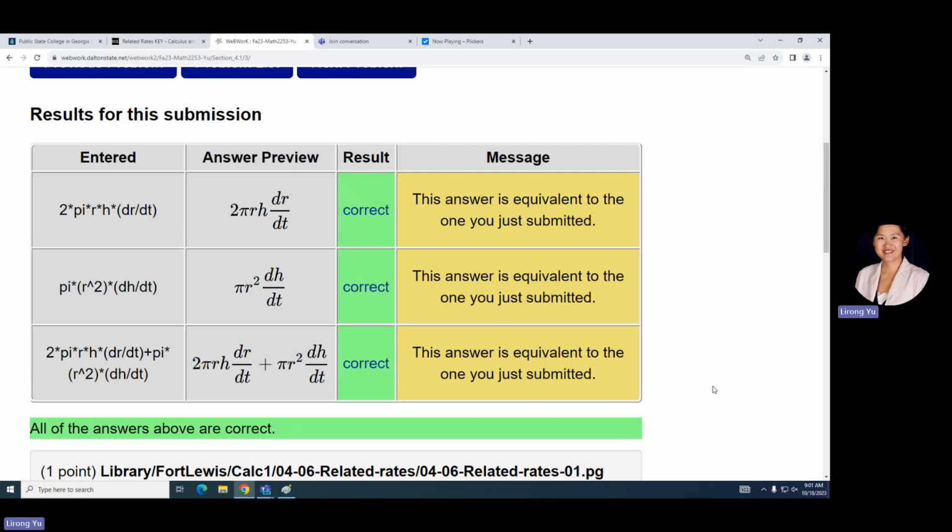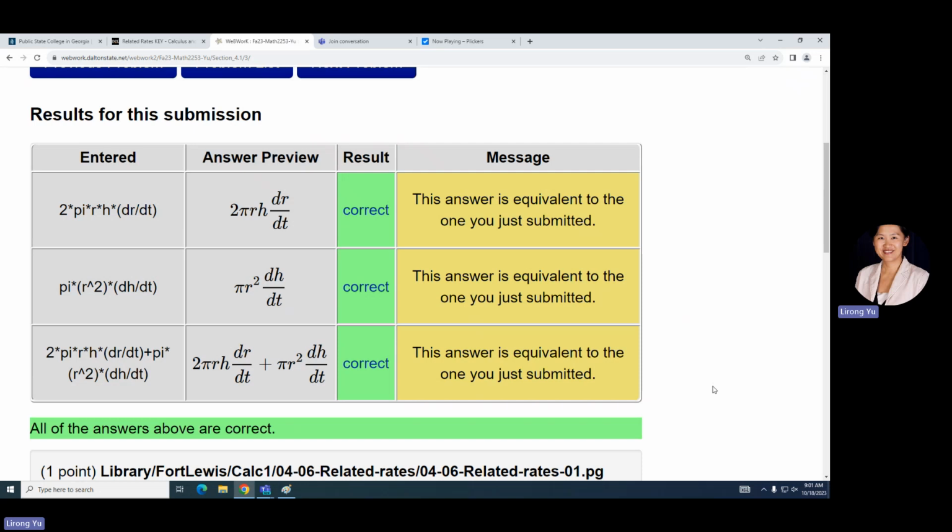If r is constant, then dr/dt equals 0, so this goes away. That's why this one is the only thing we need in part 2, because r is constant and dr/dt equals 0. So the last part, part C, is the general form of dV/dt. The first two are actually special cases where one of the